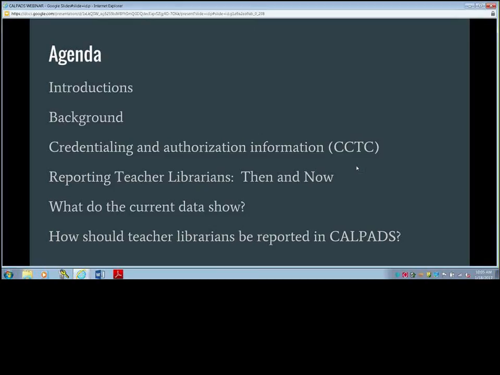And finally, also joining us is Martha Friedrich, Client Services Director, California School Information Services, and she is here to provide support and is available to answer any questions about data entry or the CalPADS user interface.